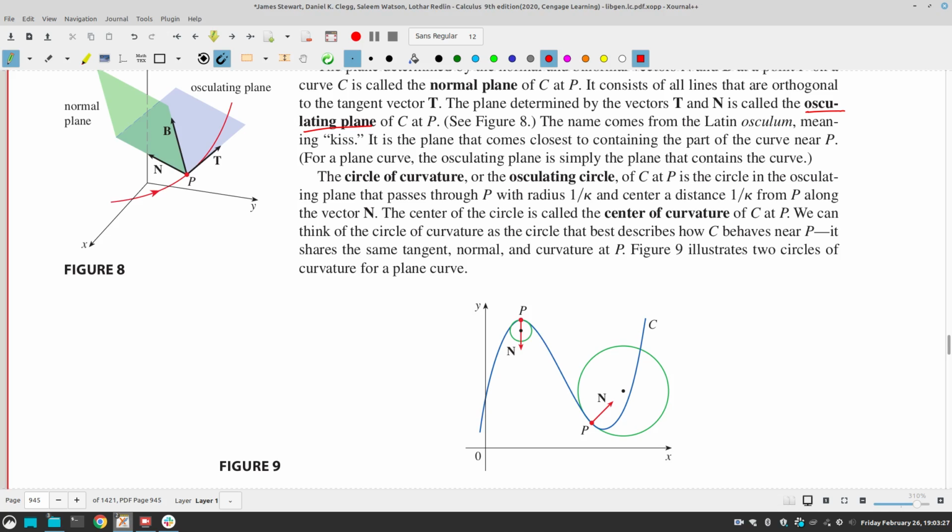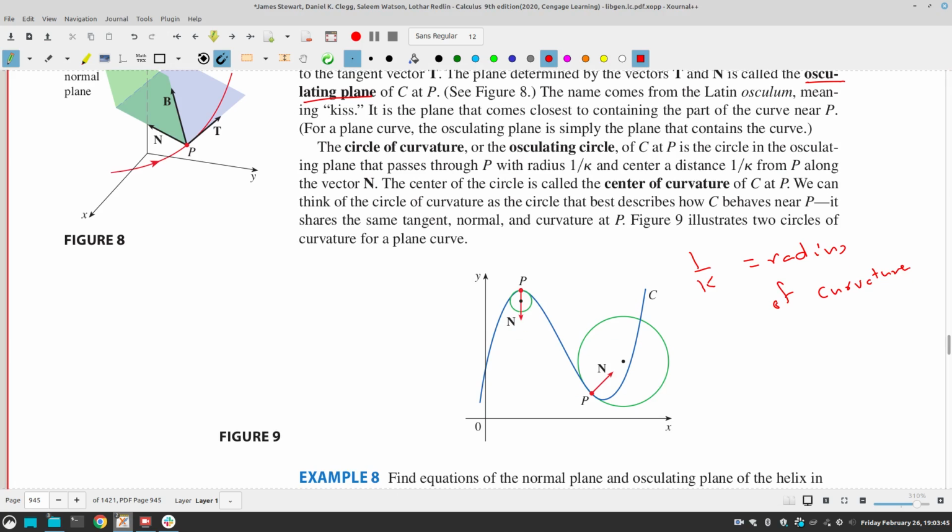1 over kappa, where kappa is of course the curvature. 1 over kappa is this quantity known as the radius of curvature. So we can think of it this way: if the curvature is very large, meaning the